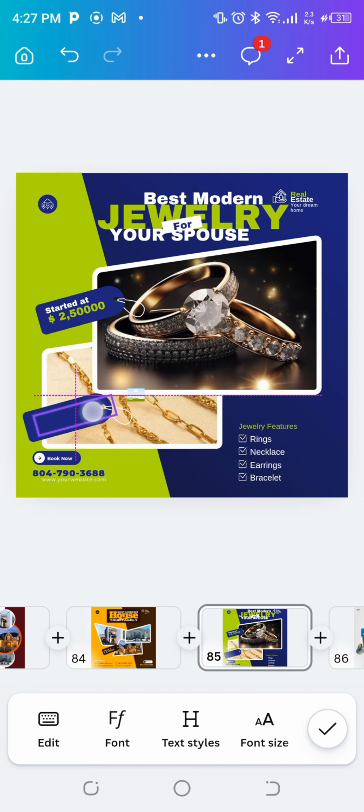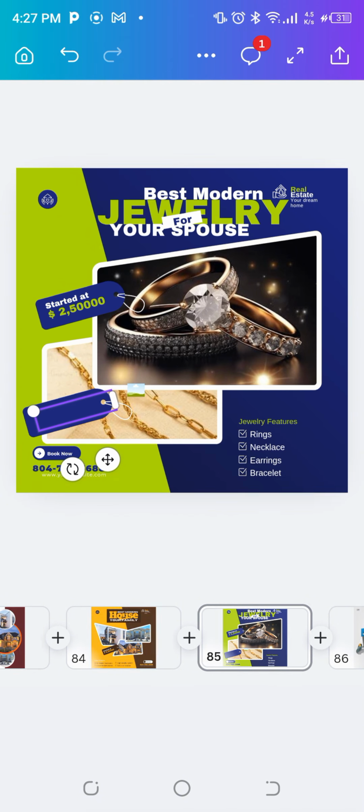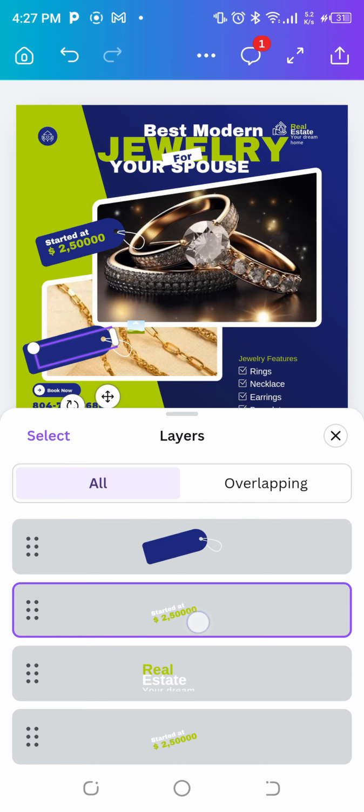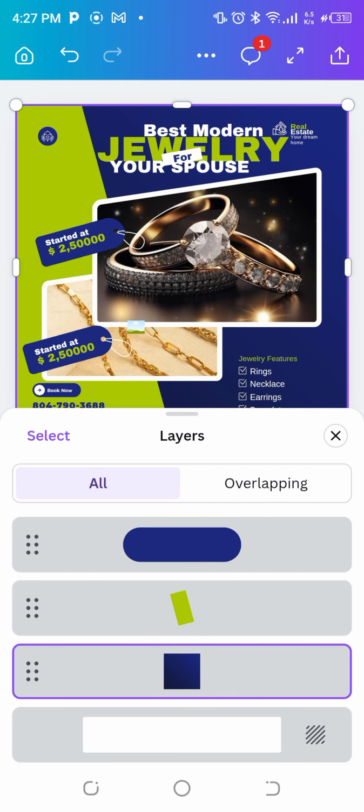But at the moment, the price is below it. So in order to bring it on top of it, don't forget you go to layer. Once you click on layer, you drag the price above. Do you see it now? So they both have their own prices. So that one has its own price, that one has the other price. If you decide to change